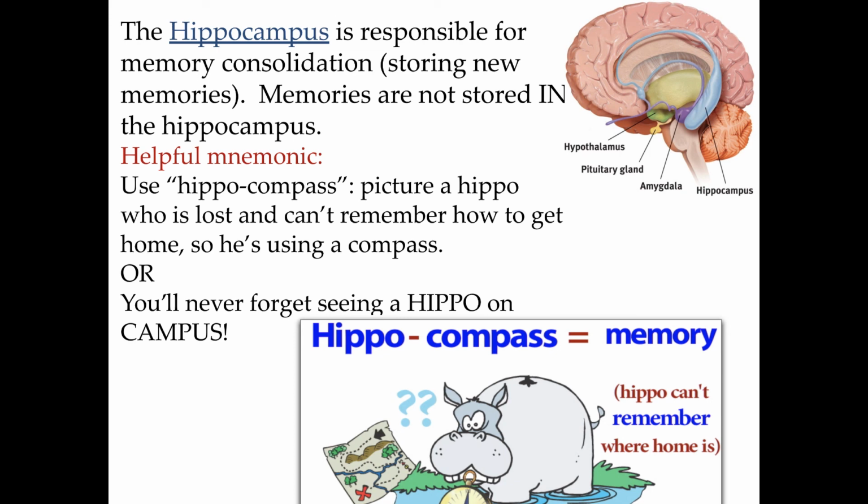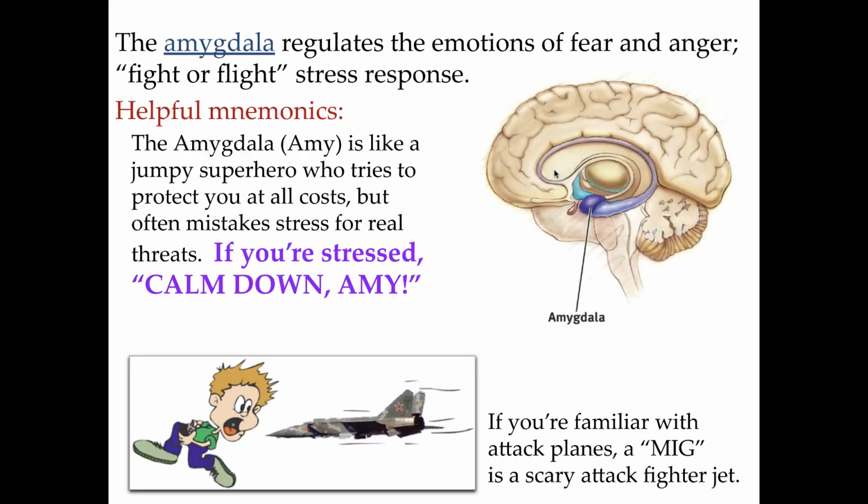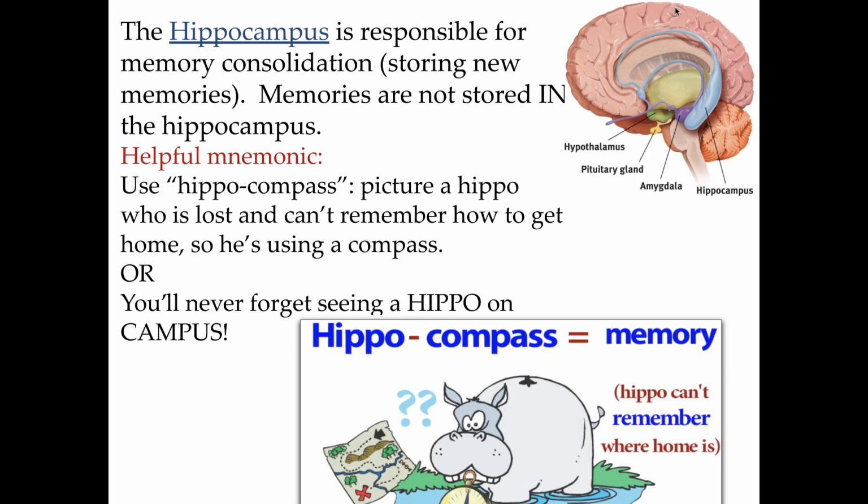All right, so the hippocampus is responsible for memory consolidation. One thing I want to clear up right now: memories are not stored in the hippocampus. Memories are stored in networks of neurons throughout the cerebral cortex. The role of the hippocampus is consolidation. It's the formation of new memories. Okay, so super important you understand the hippocampus is responsible for creating new memories,